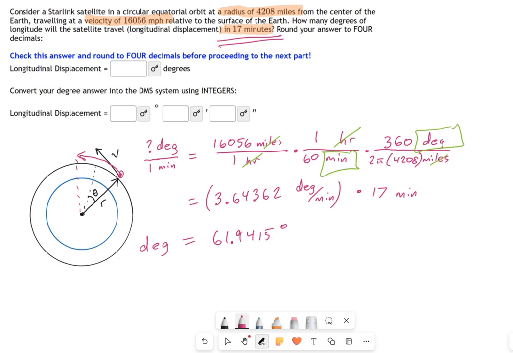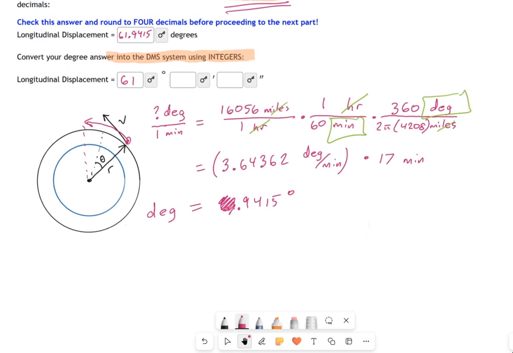Now, the next part of the question, right? Okay, so this goes up here, 61.9415 degrees. The next part of the question focuses on whether you remember that there's an alternate way to measure angles. I'm not talking about radians. I'm talking about more of the cartographer type stuff with maps and longitude. Degrees, minutes, seconds. Okay. Well, the degrees is very easy. That's simply the 61 that we found. The next part, if you scribble out the degrees, you ask yourself, okay, 0.9415. Well, how many minutes is that?